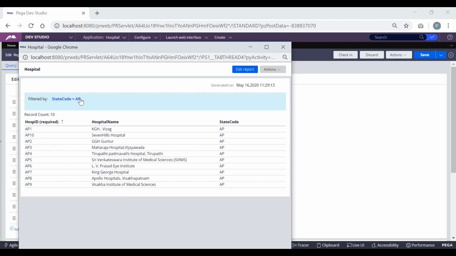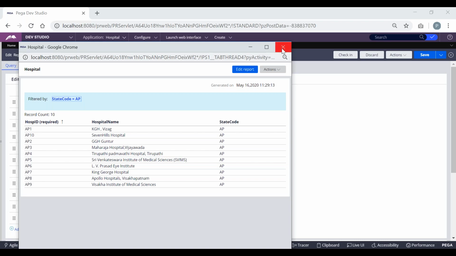But the input like AP, whatever state code we are giving here, should not be a static value. It will keep on changing. If I select Andhra Pradesh in the second drop down, that value has to be passed. We should be showing those related. If I select Telangana, the filter should change to TG, and likewise TS. So all the time during runtime, dynamically, the state code should change. Whatever value we are selecting in the second drop down has to be passed as a filter here. I should not be giving a hard coded value.